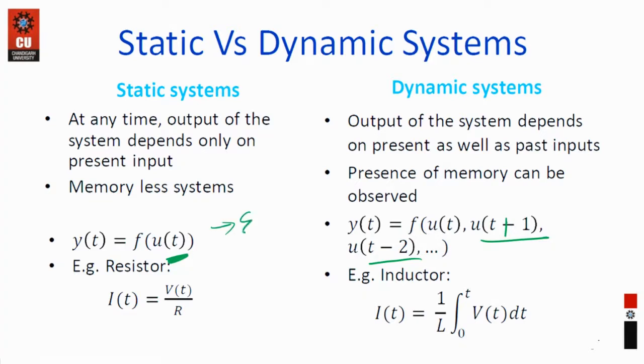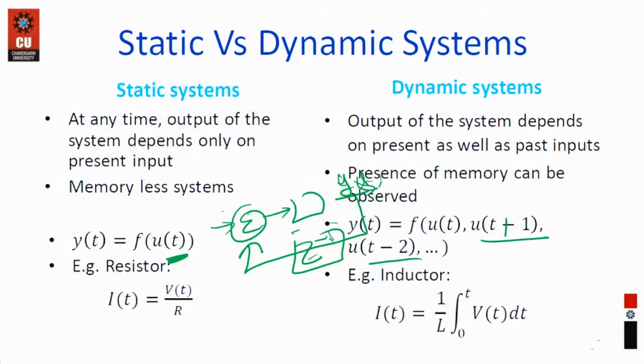For example, what is a feedback system? In a feedback system, we take the past output. This is y(t). And let's say I am having a z transform. You have studied DSP, right? So I will write it as y(t-1). So what am I considering? I am considering the input as a combination of one past output.